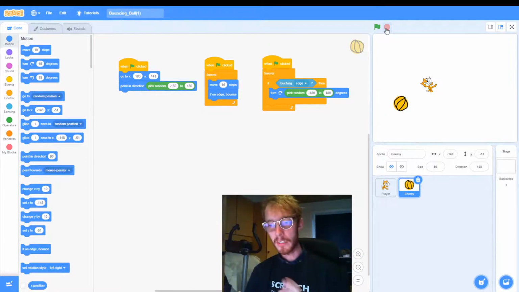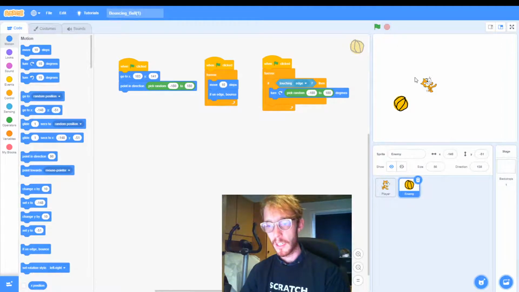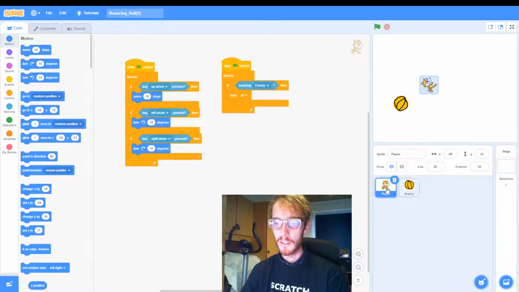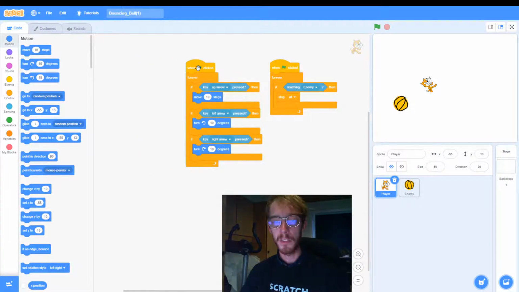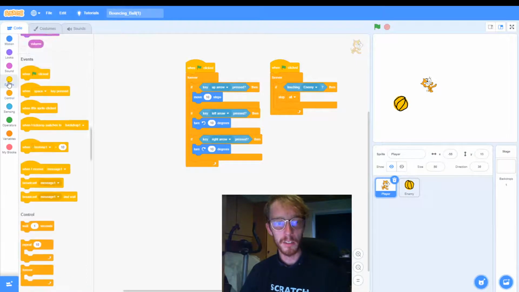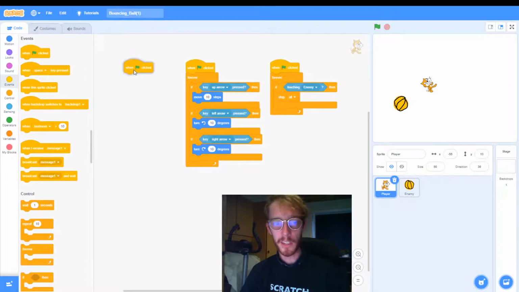So we need to add similar code to the player, but we need to go to our player code. And you do that by selecting on the bottom right here, select your player to go into where we have the movement and game over block. So again, I want to have this in its own set of blocks. So find again another green flag, and then, as you might guess,